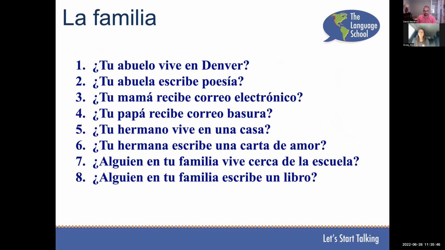Vamos a conversar de tu familia. Alex, ¿tu abuelo vive en Denver? No, no,